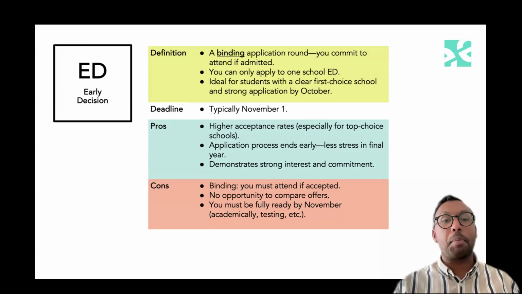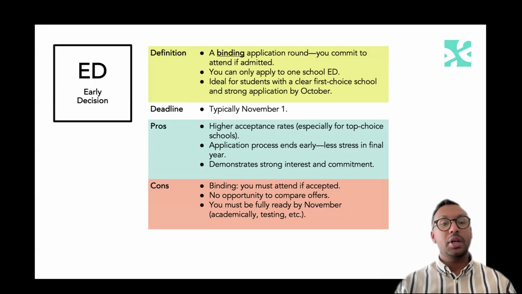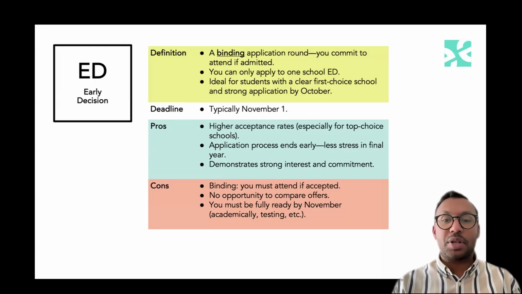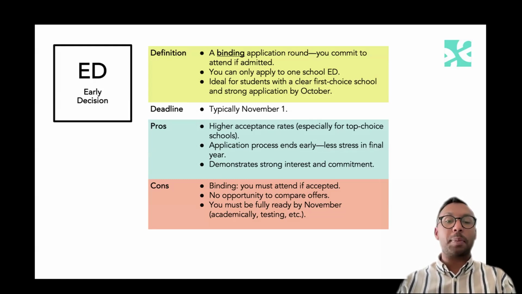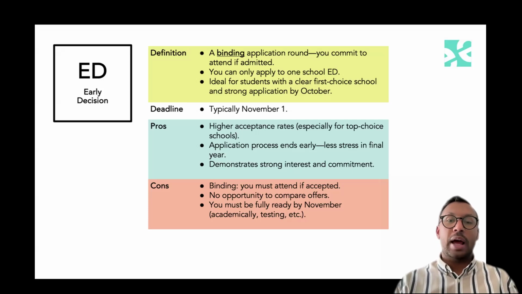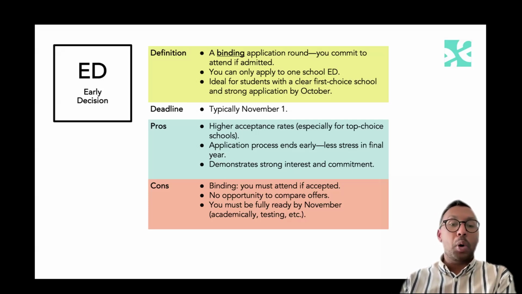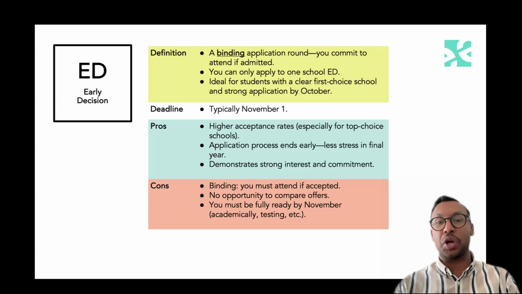However, there are various pros to applying early decision. Most universities will have a higher acceptance rate in early decision versus regular decision. What we've seen in certain instances, and of course this changes year on year, is that some universities will have a 25% acceptance rate in early decision, and that drops drastically to an overall admission or acceptance rate of 12% or 7%. And so it's important to think about what is the best strategy for you to get into your most prized university or school that you'd like to go to.